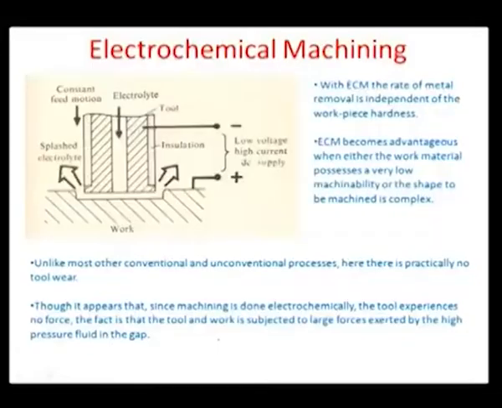As we have already illustrated here, the electrolyte has to be flowed somehow between the tool and the workpiece, and the best way to do that is to move the electrolyte coaxially. As you can see here, this electrolyte is being moved through this coaxial tube, which is present at the center of the tool, and there also needs to be some insulation at the sides of the tool to ensure that the machining is not done sideways. Okay, the machining is only done in this vertical manner.